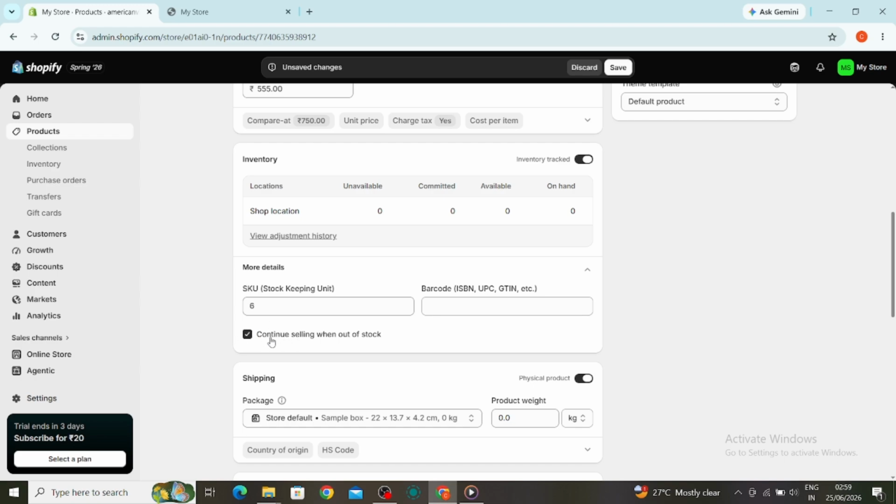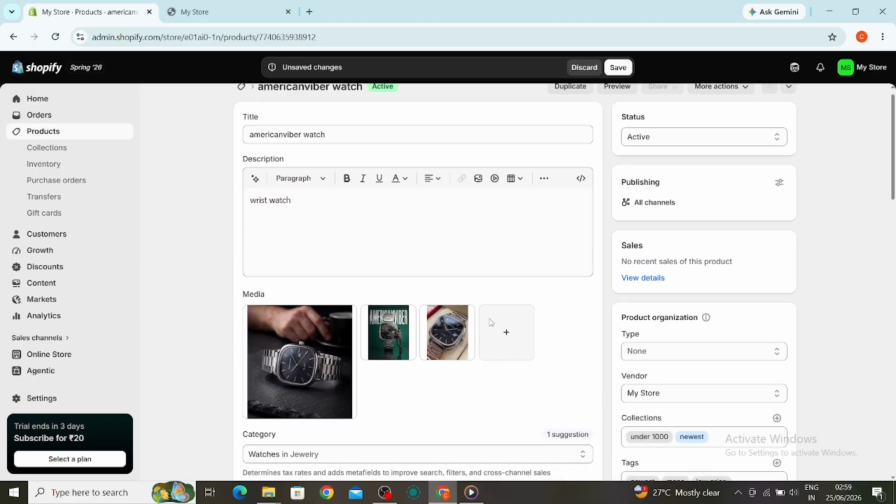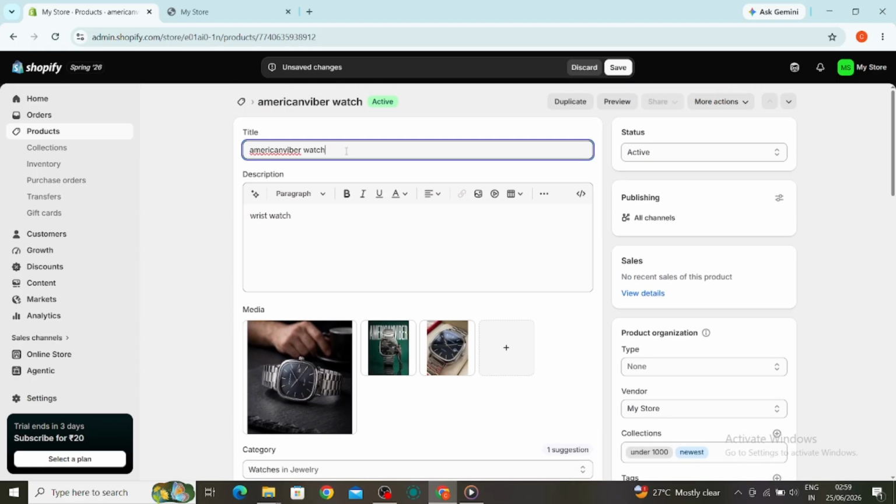Once enabled, customers will still be able to purchase the product even when the inventory reaches zero. This effectively allows you to accept pre-orders. However, if you stop here, customers may not realize they're placing a pre-order. To avoid confusion, it's a good idea to clearly indicate that the item is currently unavailable but can still be ordered. One easy way to do this is by updating the product title or description. For example, you could add text such as "Pre-order now" or "Ships in 2 weeks" to let customers know when